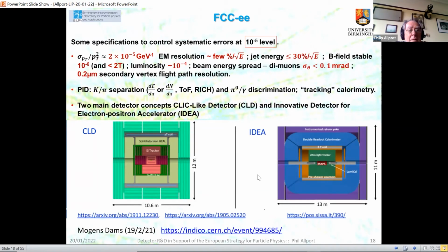So the specifications are really designed to control systematic errors at the 10⁻⁵ level, because with these huge statistics, the thing which would be limiting in terms of detector capabilities for the physics goals of FCC-ee would be if the huge statistical precision could not actually translate into the final physics precision achieved. So absolutely key is the precision capabilities of